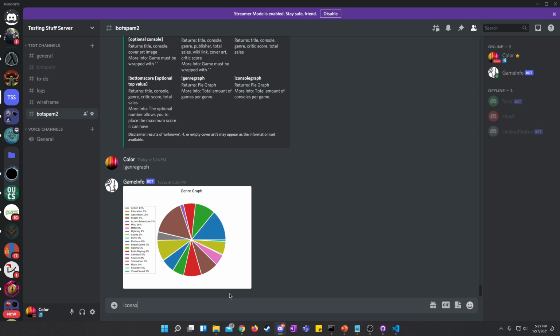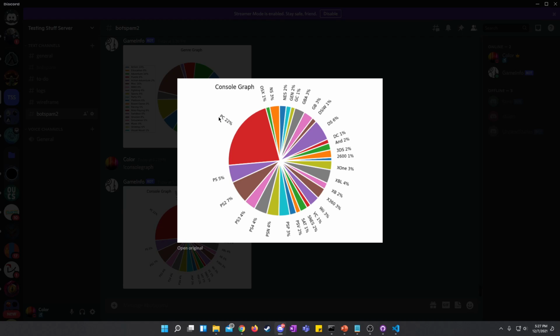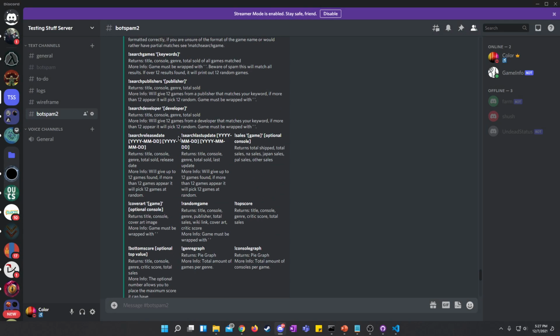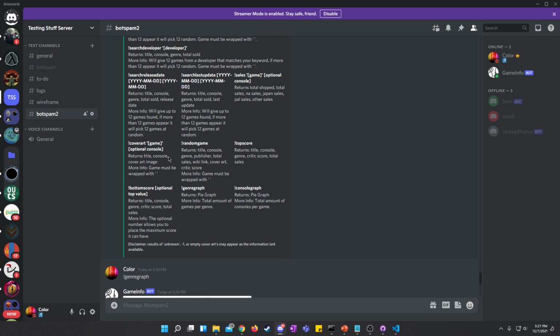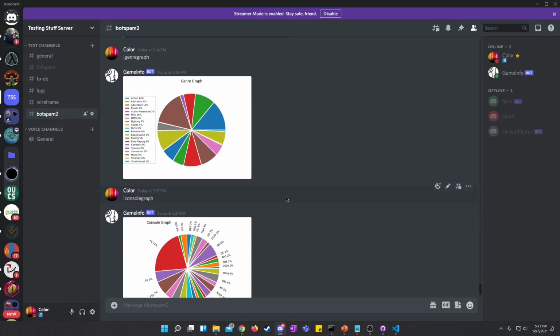Same thing with the console graph, but rather than a legend over here, I just had it spiking out. So as you can see, we have 22% on PC, 7% PS2, and so on. Now there's various other commands here that I haven't gone over, but like random game will just give you a random game and then some information about that. So if we move on to the code review now,